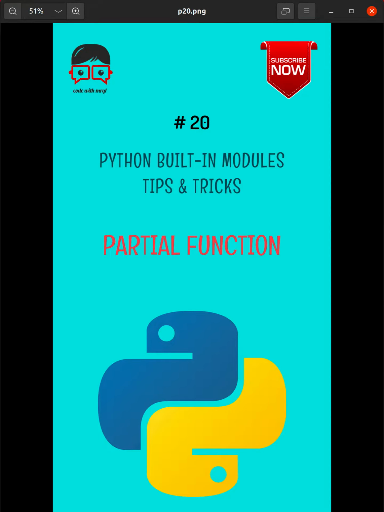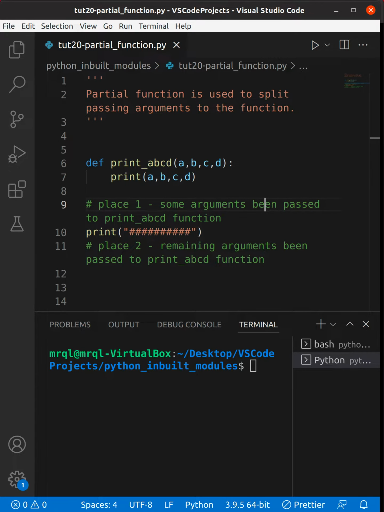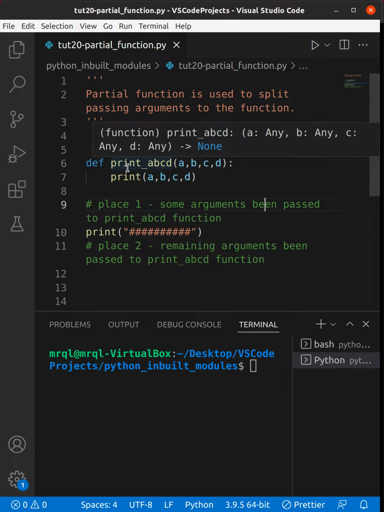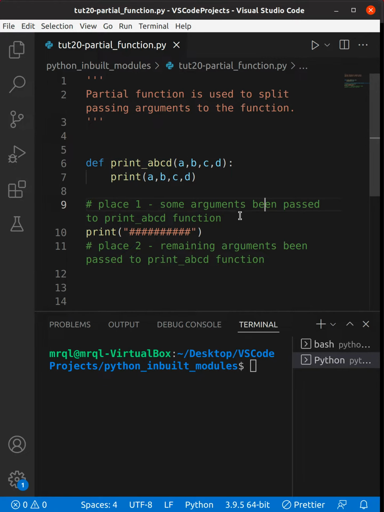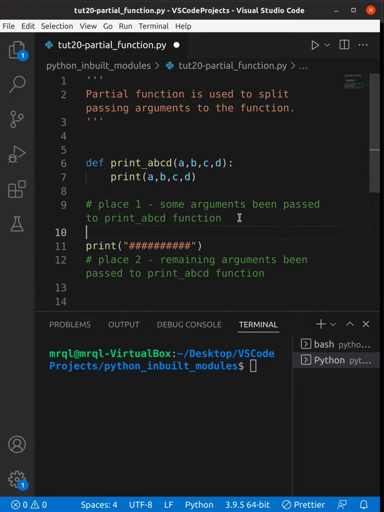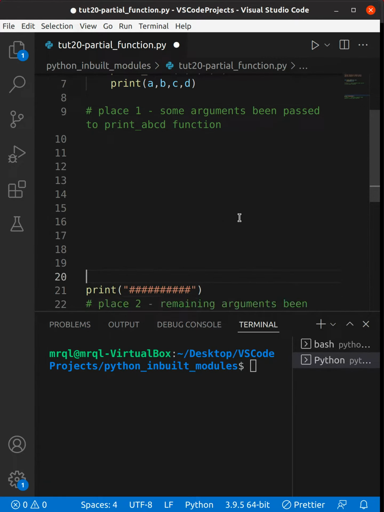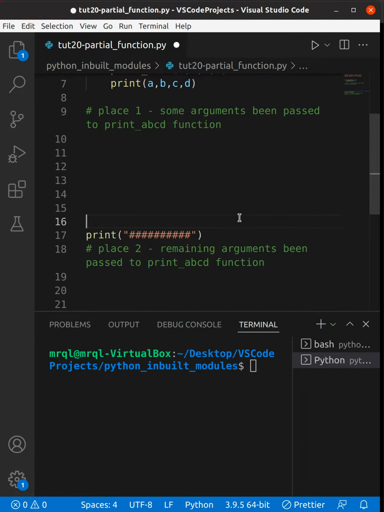Today we are going to learn partial function. Now let's get started. Partial function is used to split passing arguments to the function. Here you can see I have created a print abcd function. I want to pass some of the arguments in line number 10 and the remaining arguments in line number